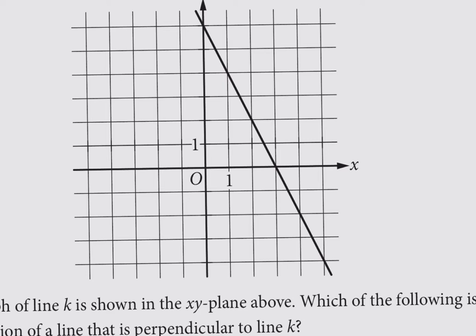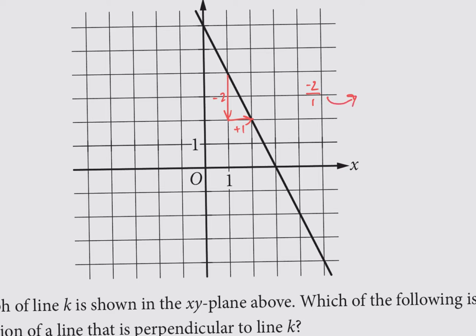Who was able to find the slope of this line, and how do you know it? Zoe? Well, the slope of that line is -2/1. Bingo, it's -2/1 because we're going down 2 and then to the right 1. Do you guys see that? So we put -2 over +1. Now, for